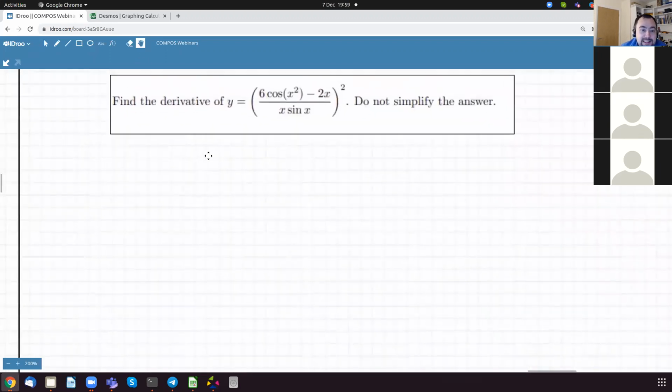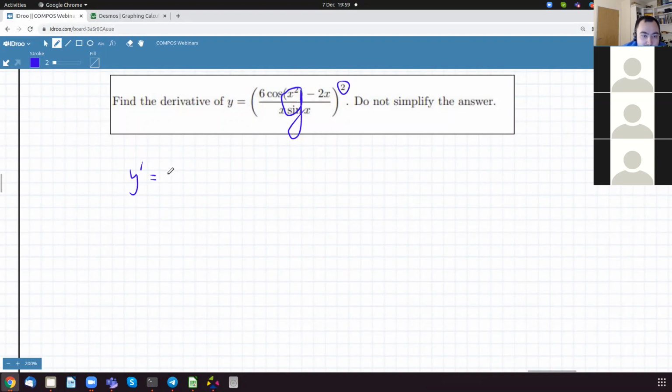So I'm not going to do any simplifications. I will be using the chain rule, which you might not be familiar with, and I will be using the quotient rule, as well as the product rule. So let's have a look. First, to find the derivative, I'm going to use the chain rule, because there's a square here. The chain rule says that I would just have to treat this as another function. So it's g squared. So it's going to be 2